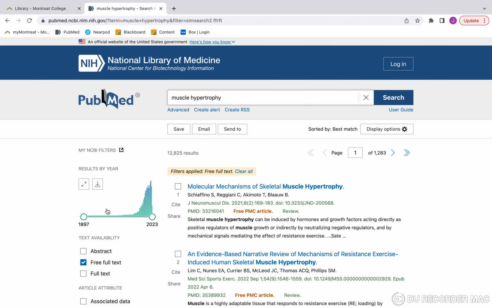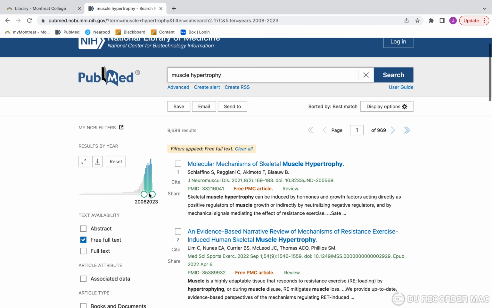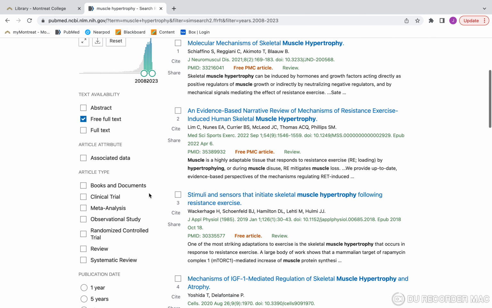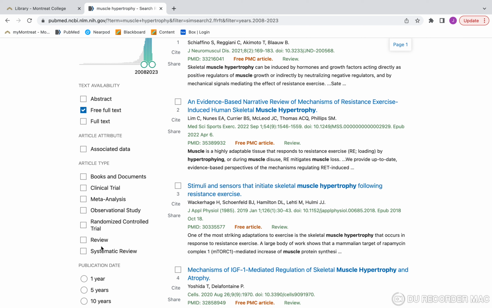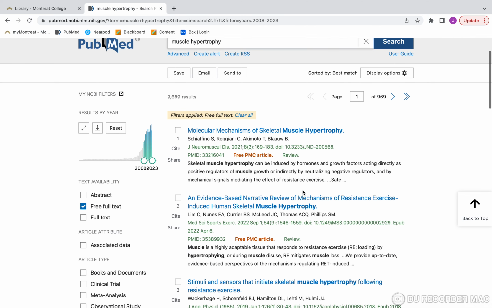We can do free full text. We can narrow down the years. The first publication is 1897, but we really only want something in the last 15 years, we'll say. You can also narrow down by the type of article. We'll talk about types of article here in a bit. But we can go through and start to find what we're looking for.